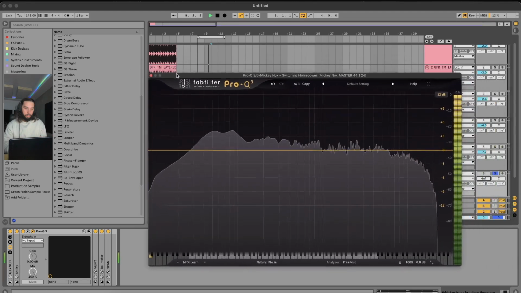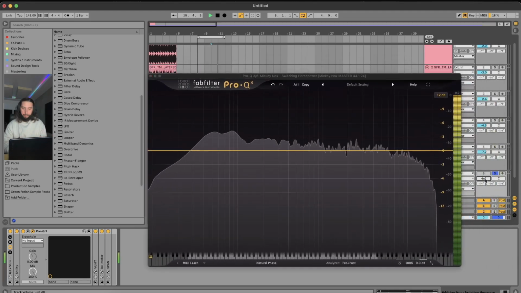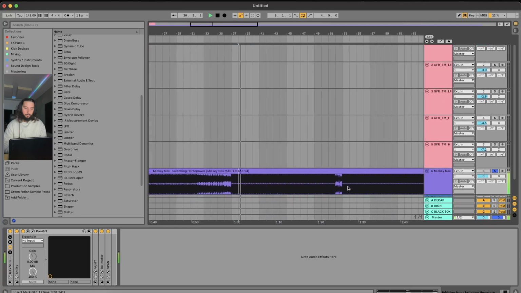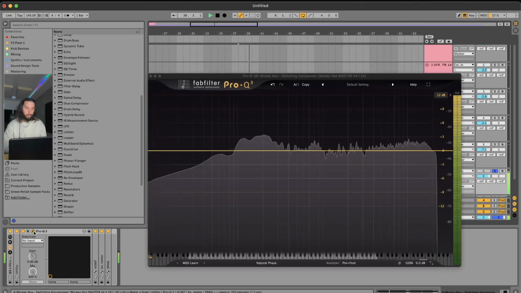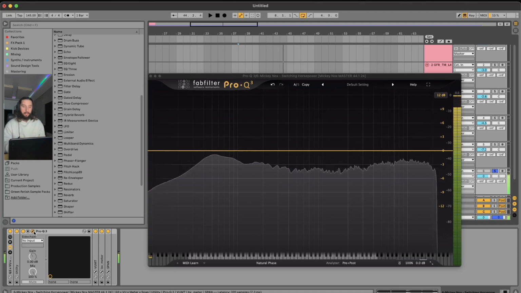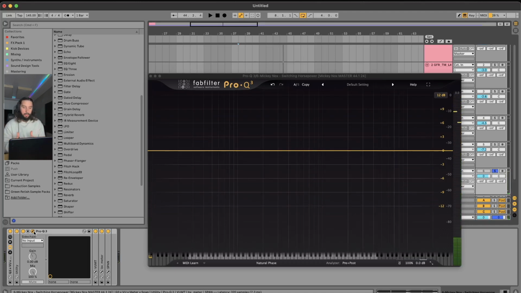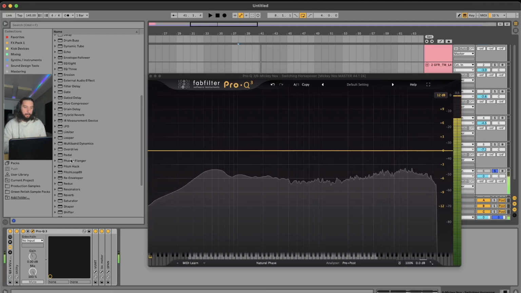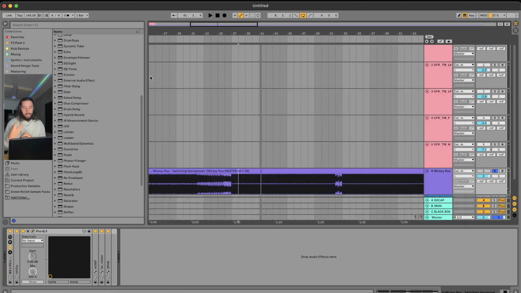But if we go throughout the track, so when all the elements are playing, we can see how full the mix is, how balanced the mix is and stuff like that. Now this is mixed and mastered, it's a completed song. And you can see I like to keep my frequency range quite full and energetic. But another thing,